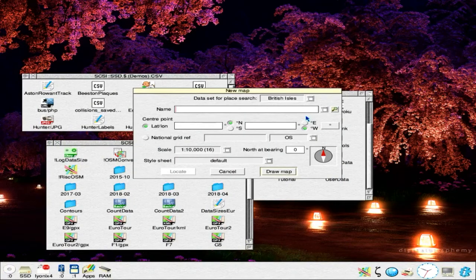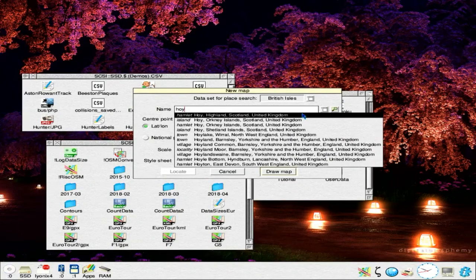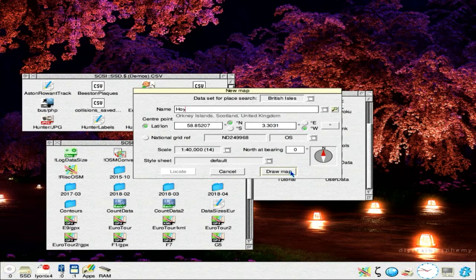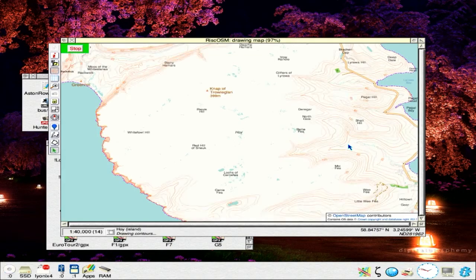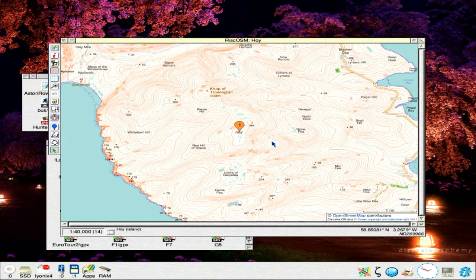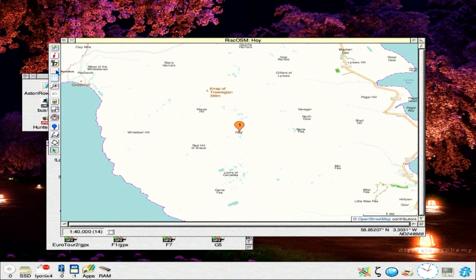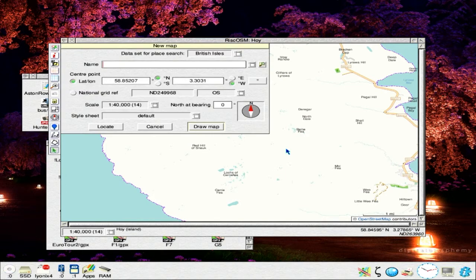Right, okay. So, go to Hoy in Orkney. So here is part of Hoy, which is one of the islands in Orkney, and you'll see that we have a lot of contours. The countryside is fairly empty around there, but this map, before we got the contours, would have looked like that. So it's quite a stark difference in terms of the amount of detail and the information you're getting with and without the contours. Just to give another example, we can go to somewhere like,